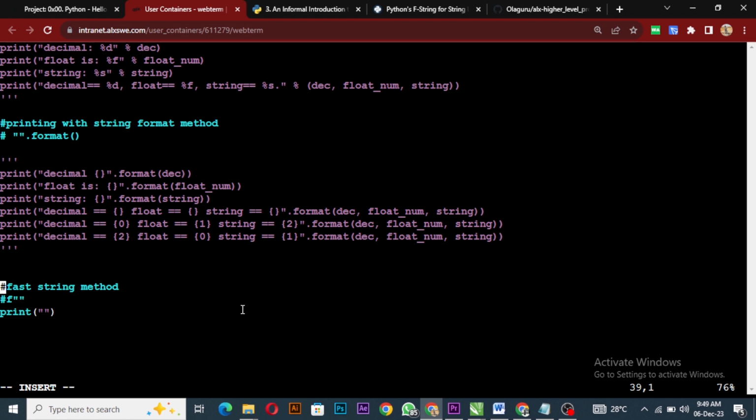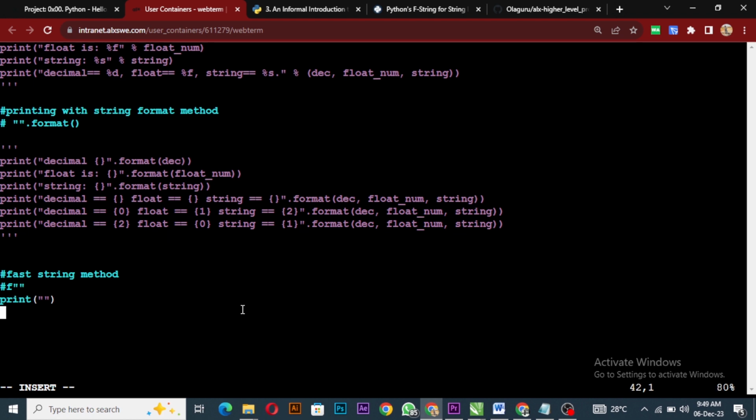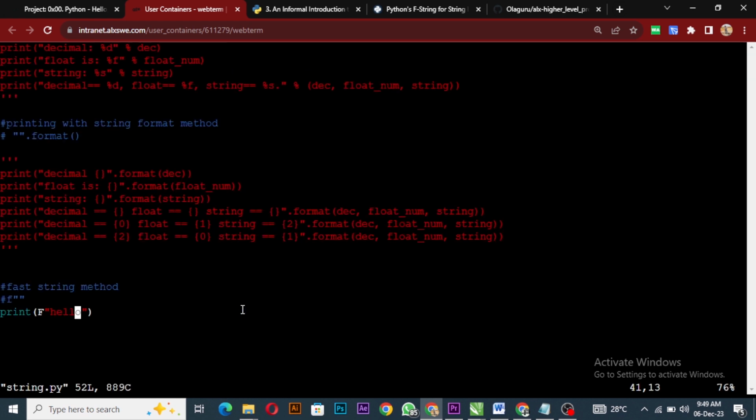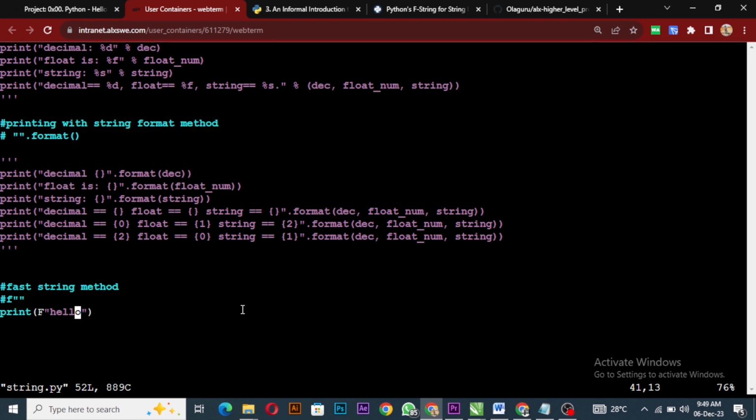Okay, so fast string method. So we have f and string. Your f can be in capital letter or small letter. So we say hello, and then we'll try that. Can you see? We have our hello. Alright, so you can remove the f and it will still print, but it's the fast string method in the sense that